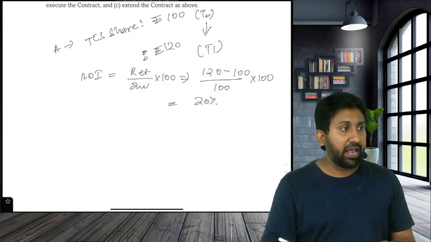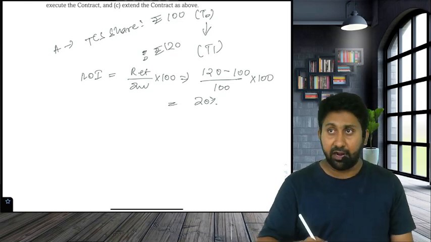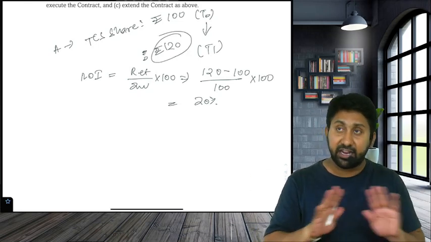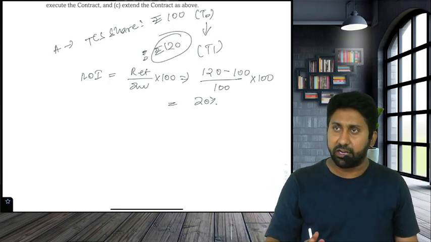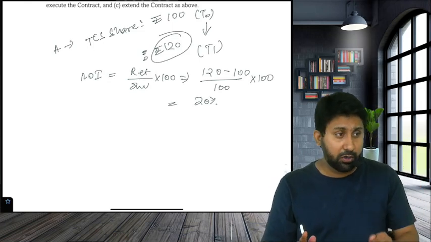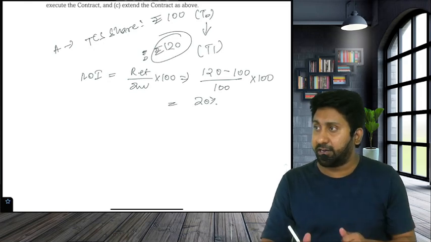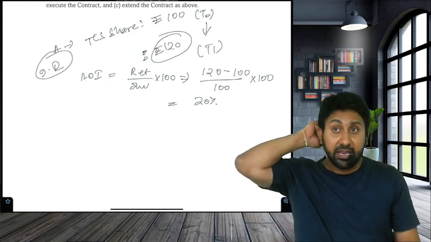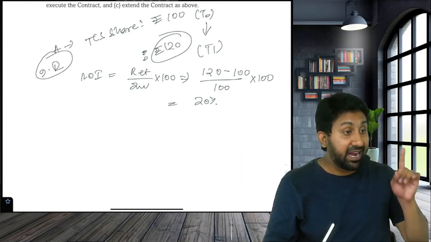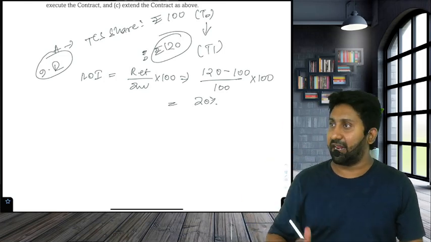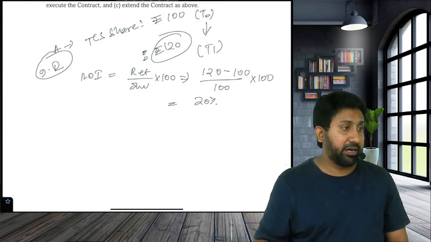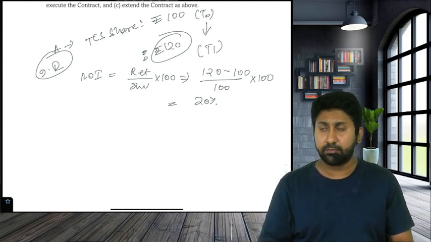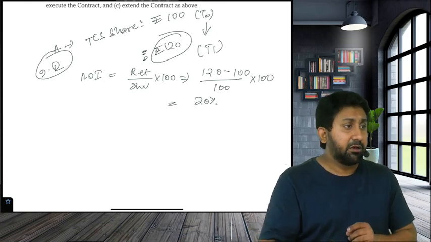Okay, so I purchased a TCS share at 100, and the price at the end of the year is 120. I didn't really sell. If I would have really sold it, I would have got a return of 20%, or not? This is called inherent return. Return can be of two types: realized return and unrealized return. Realized return means you really got it. It's called a dividend in case of a share. Then there will be other things which we will call growth,